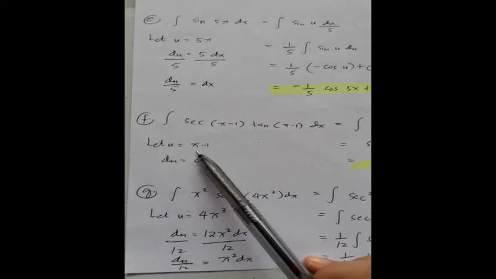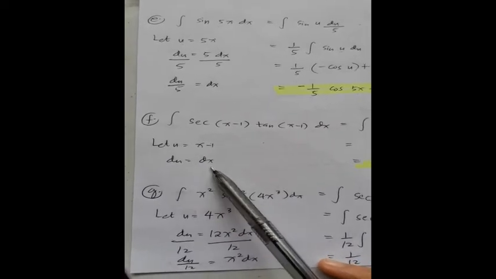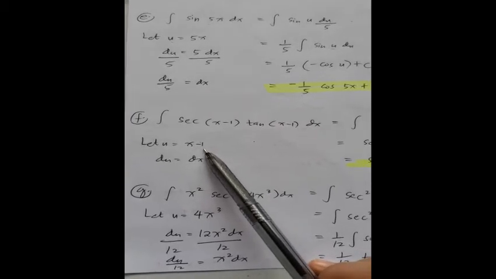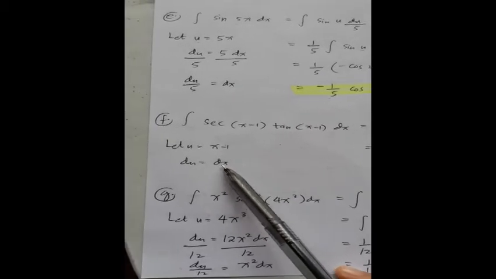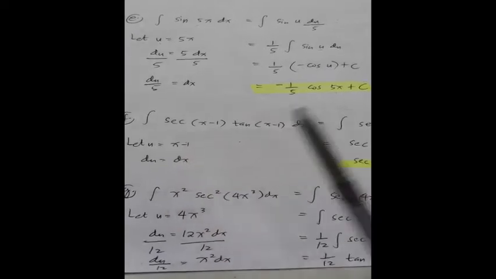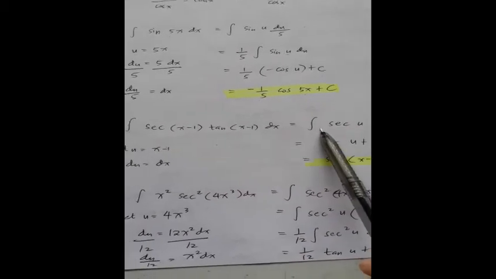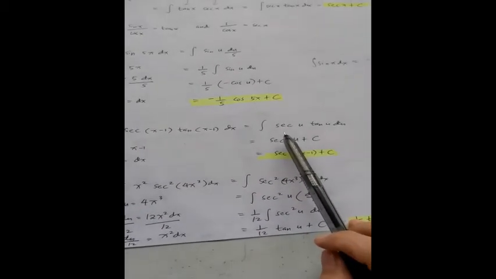Kasi di ba, derivative ni x is 1 times dx, that is equal to dx pa rin. And then derivative of a constant 1 is 0 naman siya. So that's why dx na lang ito. Okay, so ibig sabihin nun, si secant of x minus 1 tangent of x minus 1 dx is naging integral